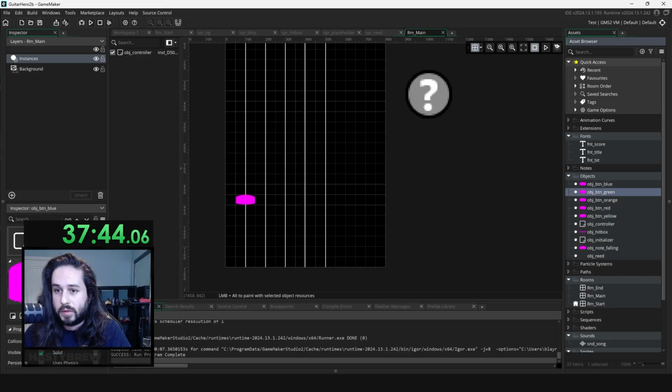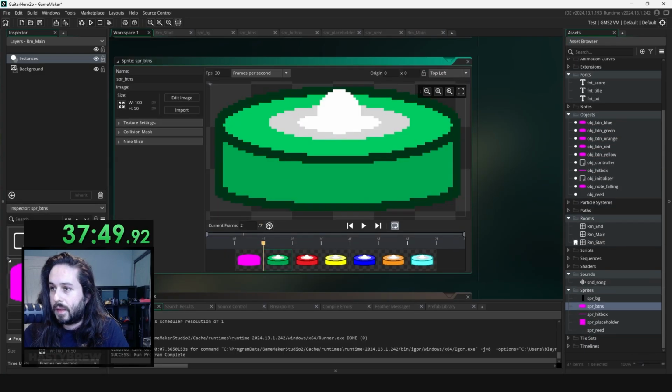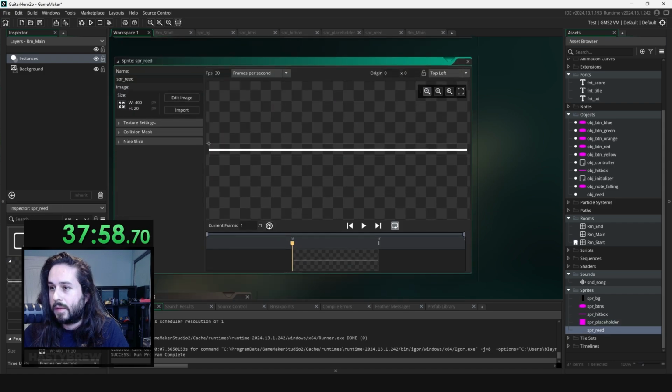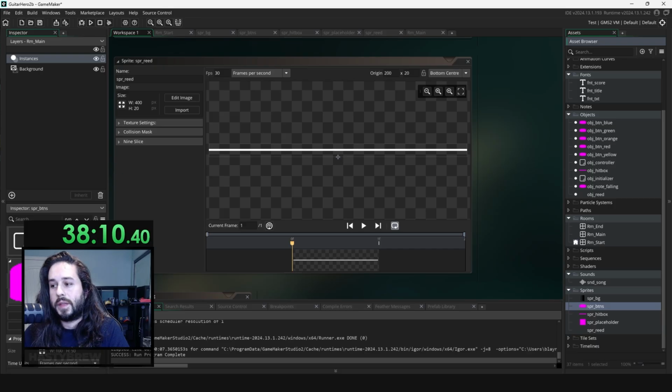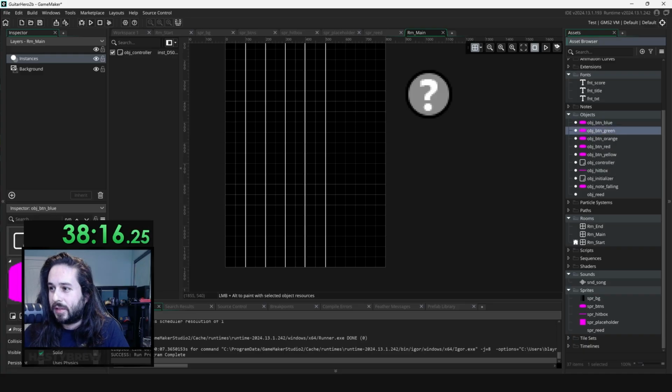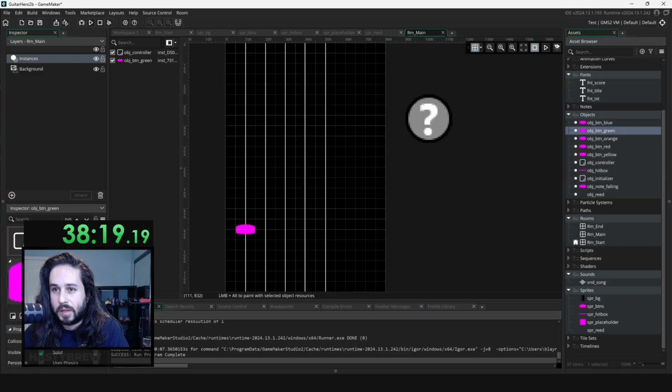What is it first? Green. Oh, no. Okay. Let's come in here to sprites and just make sure these origins are set to middle center. Middle center. Not that one. Middle center. Maybe middle bottom. Or bottom center for this one. Okay. What was I doing? Let's go into room main. Just kind of start dragging these out, I think. I'm going to put them at the 900 mark. Pretty sure that's where they go. Okay. So green, red,